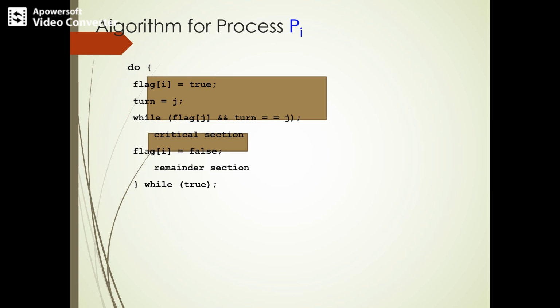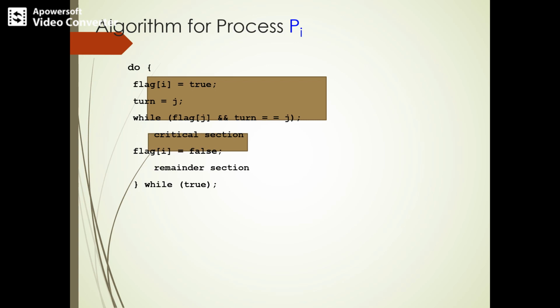The turn is j. So the condition is set as while flag of j, that means while j is ready to enter the critical section and the turn is equal to j, do nothing.